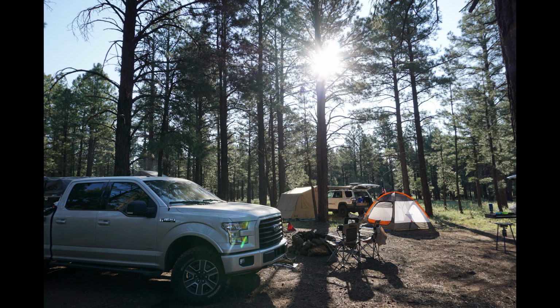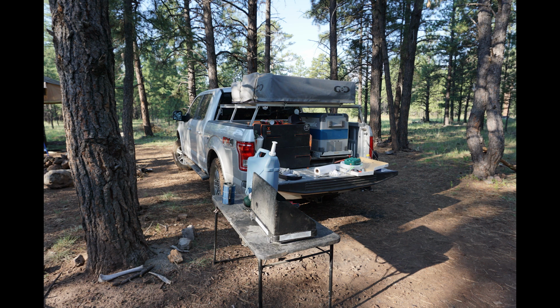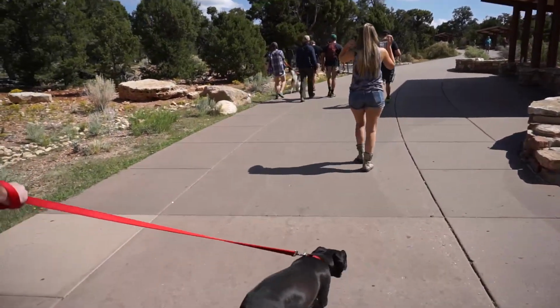Okay, so here we're waking up at the Kaibab National Forest where we camped the first night on our way to start the Utah Traverse. It was an easy day. I mean, we weren't in a hurry, so we took our time making breakfast, coffee, packing up. And then we drove to the Grand Canyon,